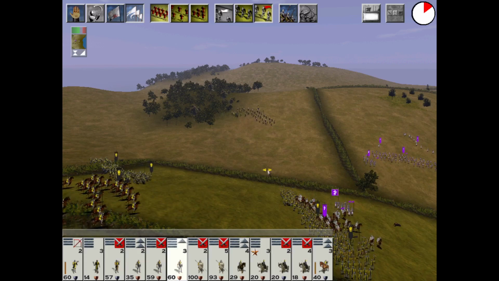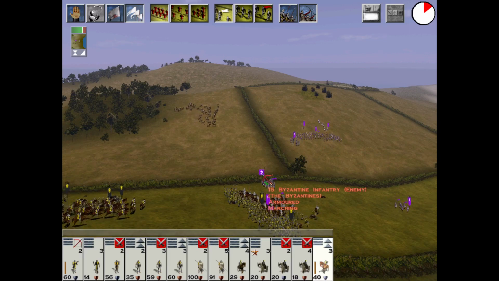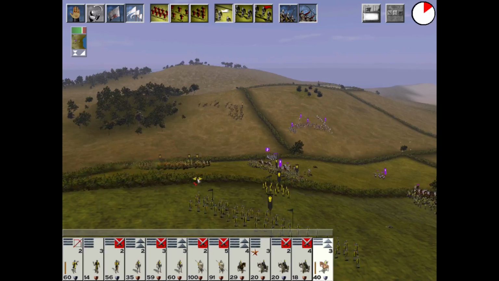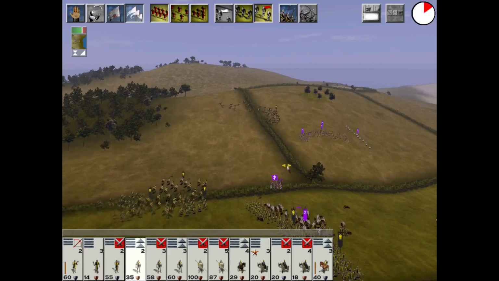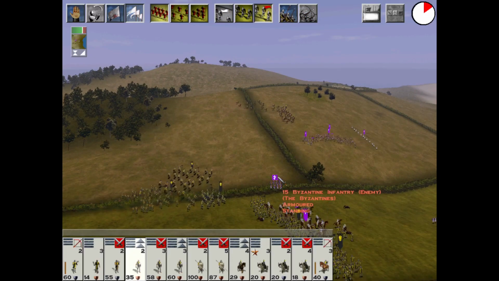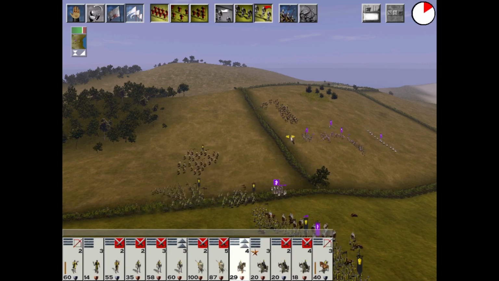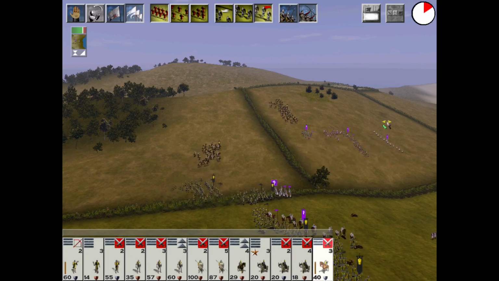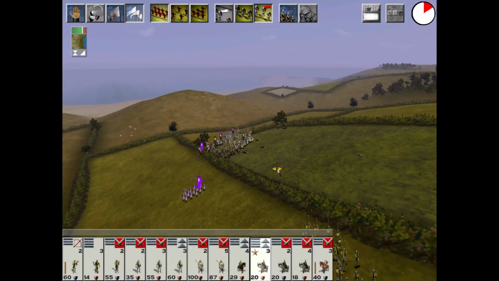You come down, you come down. See, naphtha throwers are a bit of a problem. Oh, their general is Byzantine infantry. Okay. That's actually great. So let's hit him with our chivalric men-at-arms. Hit the Pavese crossbows. And our general...